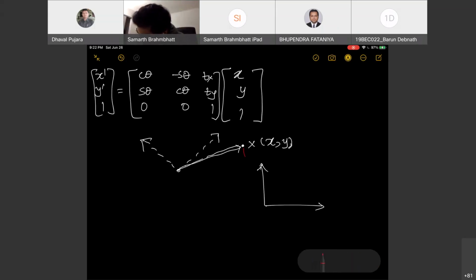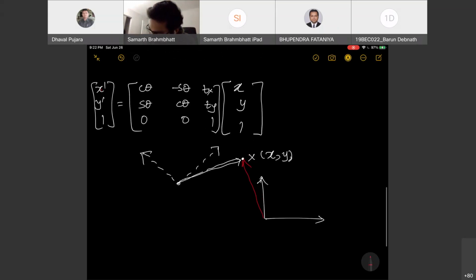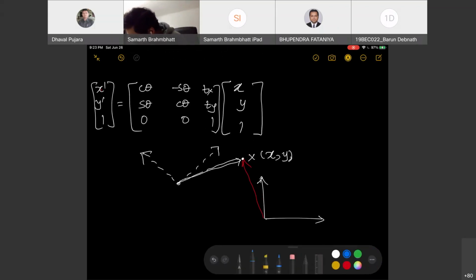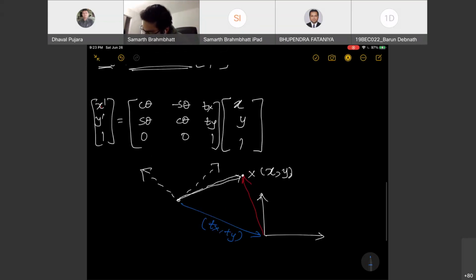But the same point in this new coordinate system will be this x dash y dash point, where this is the translation that you did here. So this is tx ty,